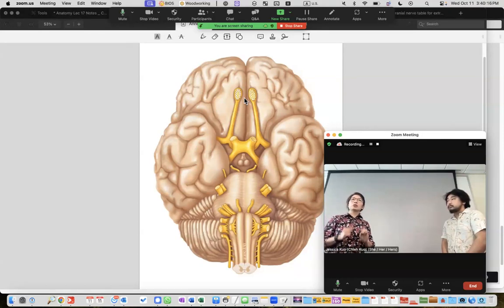And then 3, 4, 6. 3 is oculomotor, 4 trochlear. 6 is abducens nerve. All 3 of these cranial nerves control your extraocular movement. They control your extraocular muscles. And 3, in addition, also controls the motor portion of your consensual pupillary reflex. Okay, so we can do the